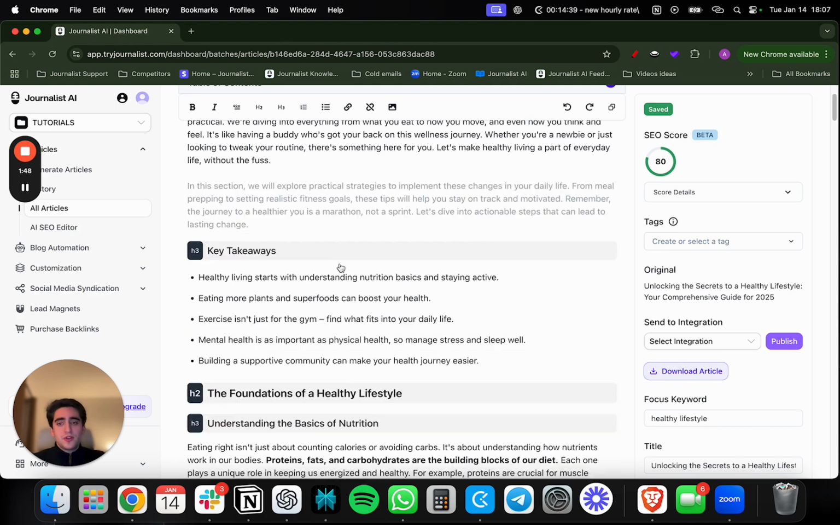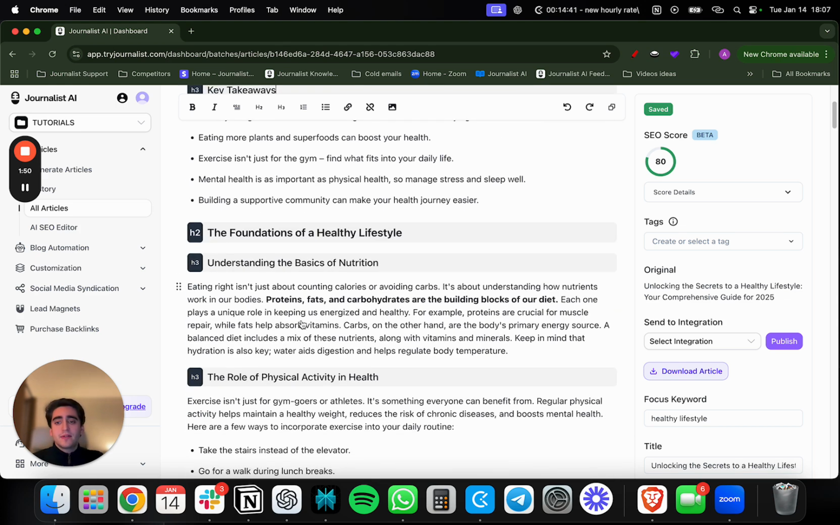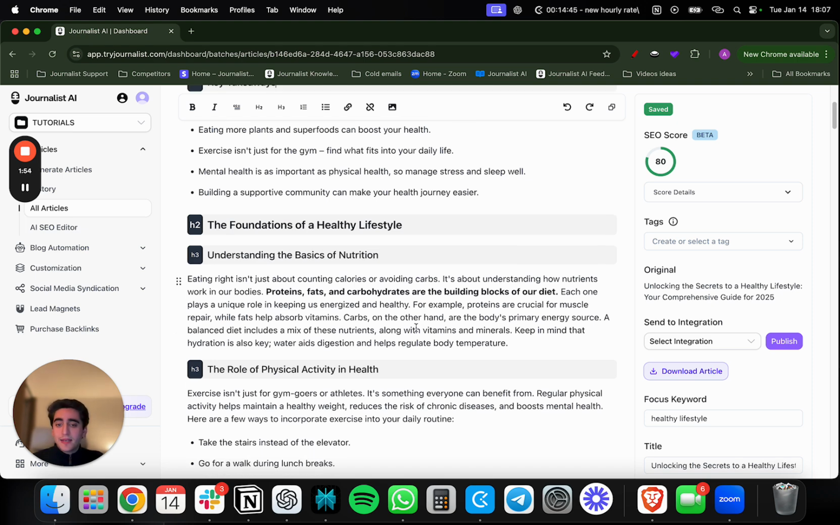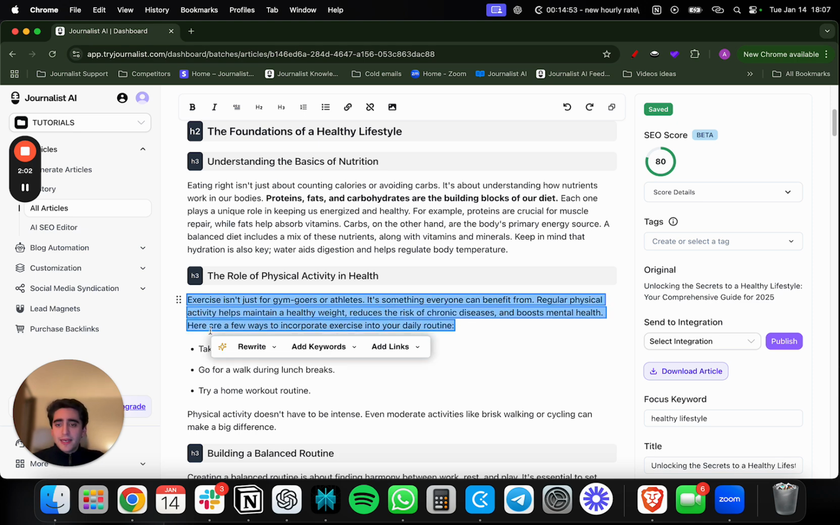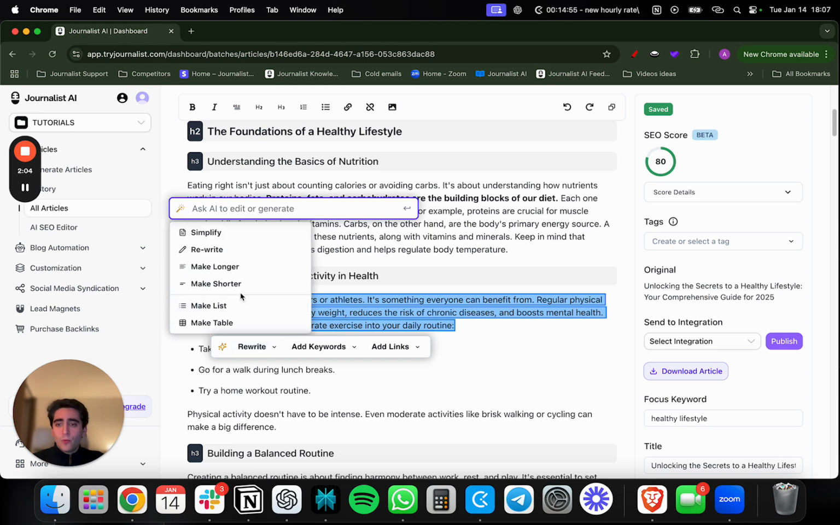But the cool feature here is the AI SEO Editor, and this lets you edit things just by highlighting text. So let's say, for example, that this paragraph right here is too short and we want to make it longer. We just select it, we click here on rewrite, and we'll see all these options to simplify, to rewrite, to make longer, to make shorter, to turn it into a list, to make a table, or even use your custom prompt. Let's say you want to